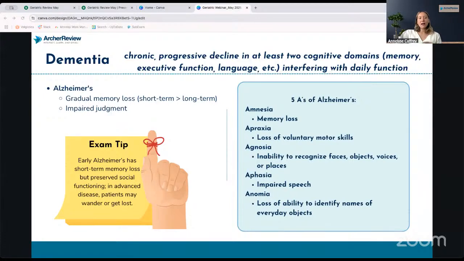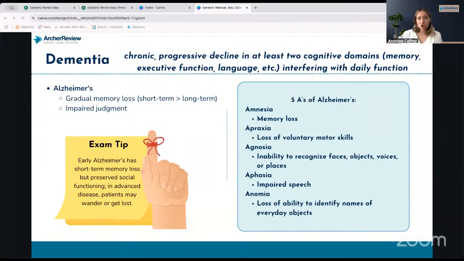And with dementia, because Alzheimer's is the most common of them, they have the 5 A's of Alzheimer's. This is something someone put together; I don't even know who it was. These are the 5 fancy medical terms that I would really recommend you remember. So screenshot this, because they are very similar to each other in looks. I made flashcards when I was in school for this, because they like to test on it in school. They like to test on it on boards.